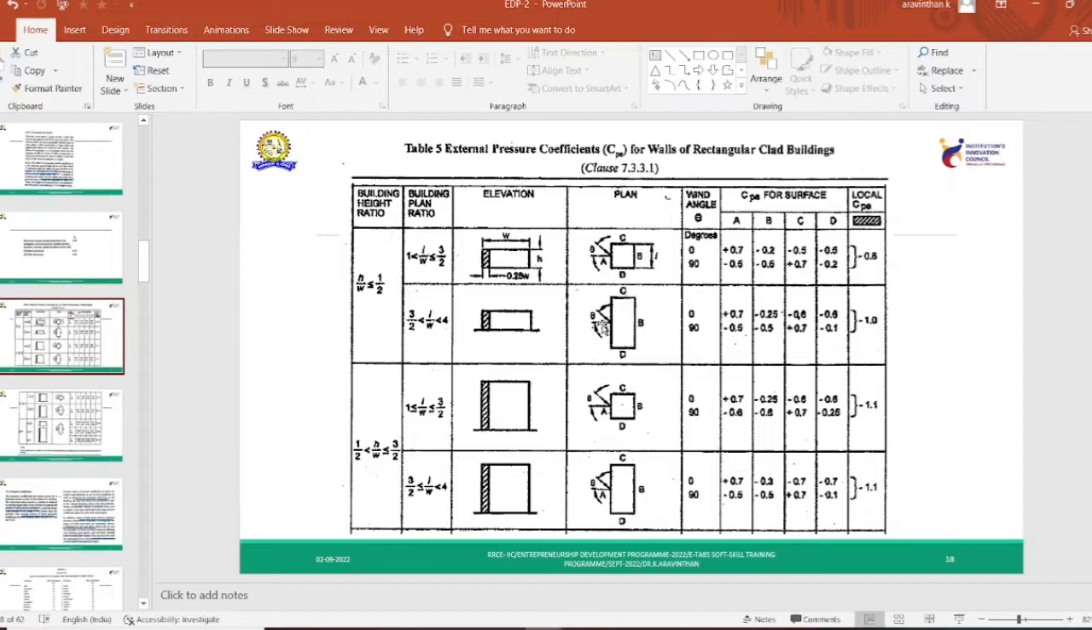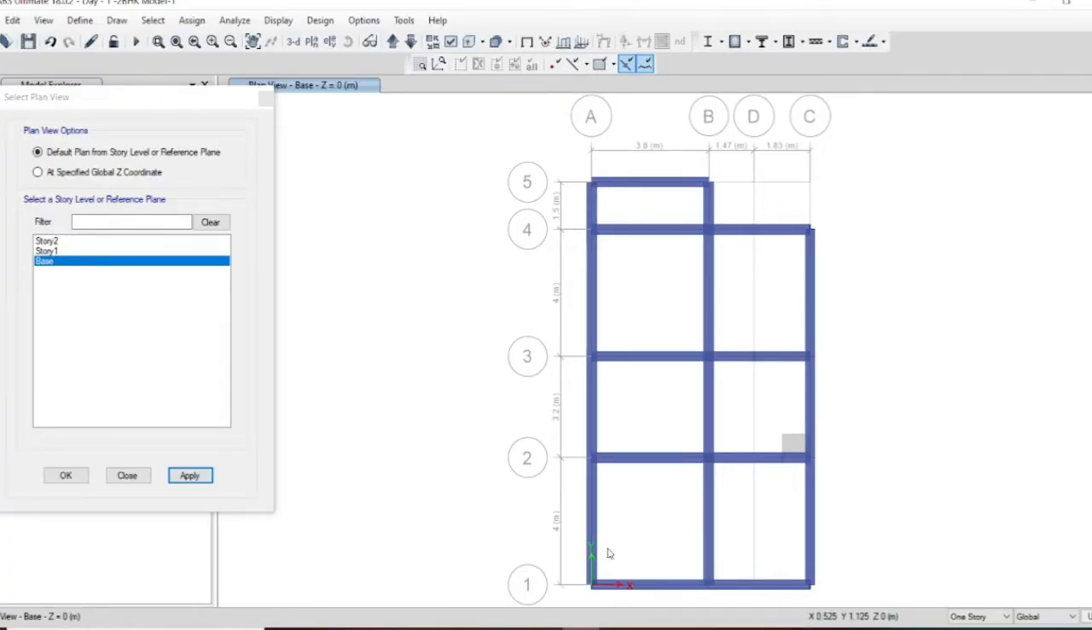The same way, if wind is flowing in C direction, that is 90 degree, towards this is C. If wind is flowing in this direction, at the portion C it is taken as plus 0.7, and the rest of the portions are minus. This is the way to understand. So you have to apply wind force on all the four sides. Okay. Now, the code also suggests